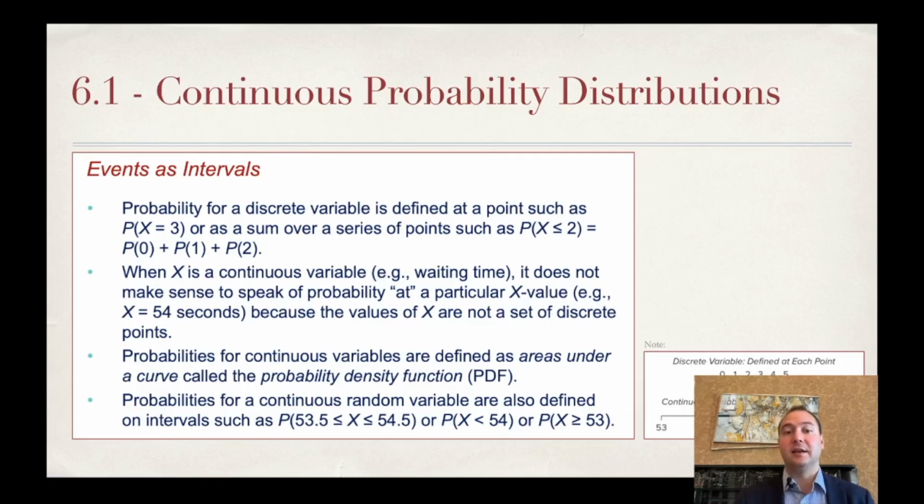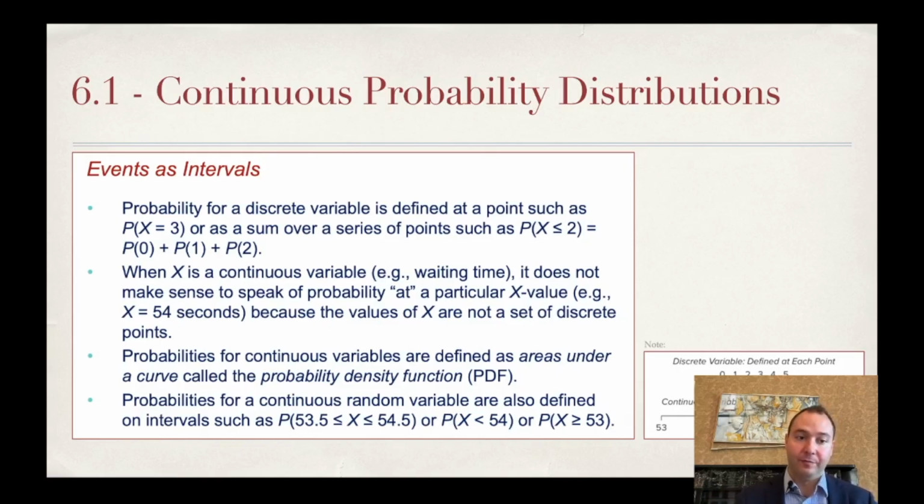When x is a continuous variable, for example, waiting time, it doesn't make sense to speak of probability at a particular value. For example, it doesn't make sense to use x equals 54 seconds. Why? Because it could be 54.1 or 54.0000001, because the values of x are not a set of discrete points. It's a continuous variable. Probabilities for continuous variables are defined as areas under a curve called the probability density function,